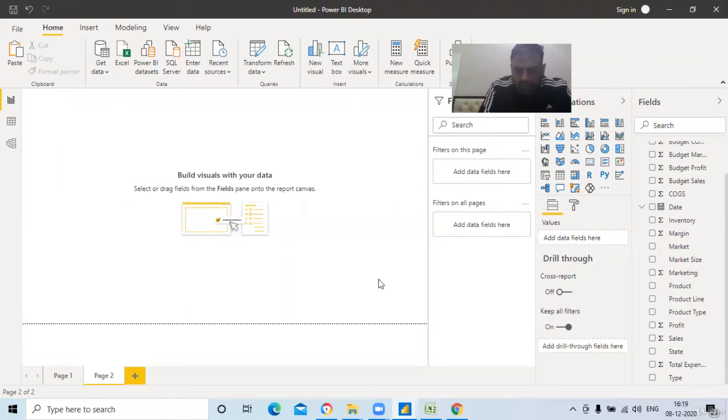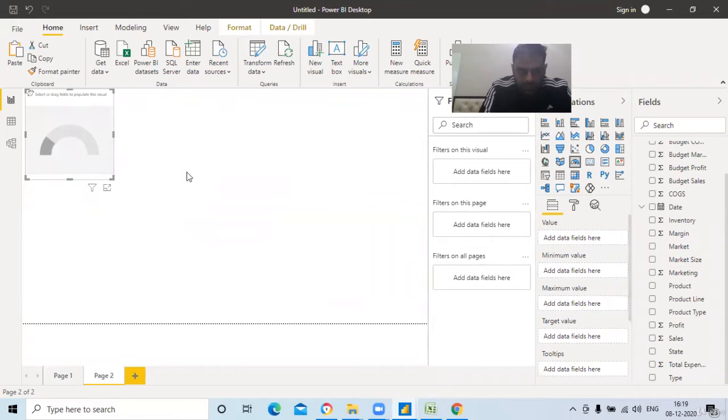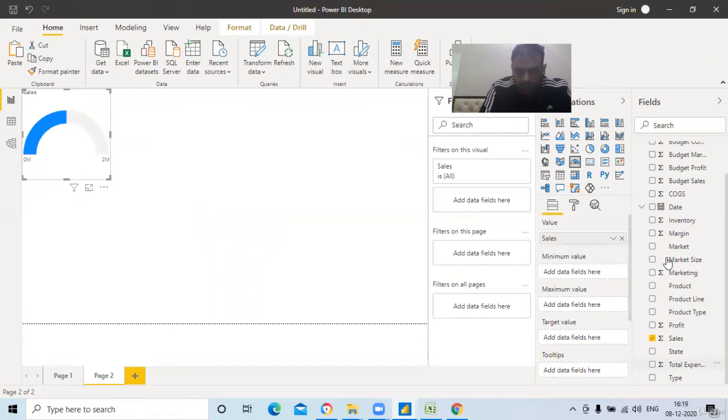So we have selected a different page, and now I'm going to select Gantt charts here. So let's select sales, and the budget sales.